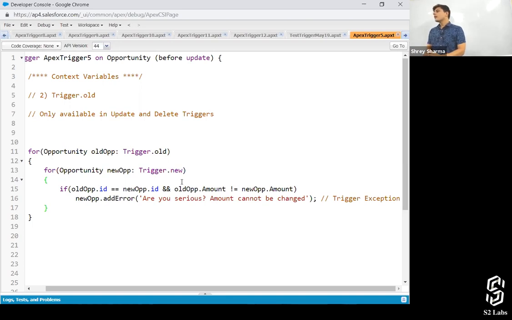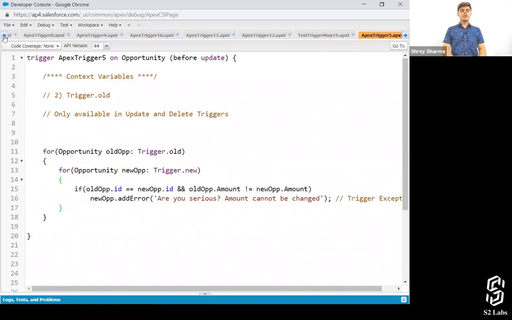This is called writing Apex triggers in a bulkified format. What if you insert 5 records at a time? It should do the same thing for 5 records. What if you create or update 50 records at the same time? It should do the same thing for all of those 50 records instead of doing it for only one. Got it? Everyone clear with this? Cool.